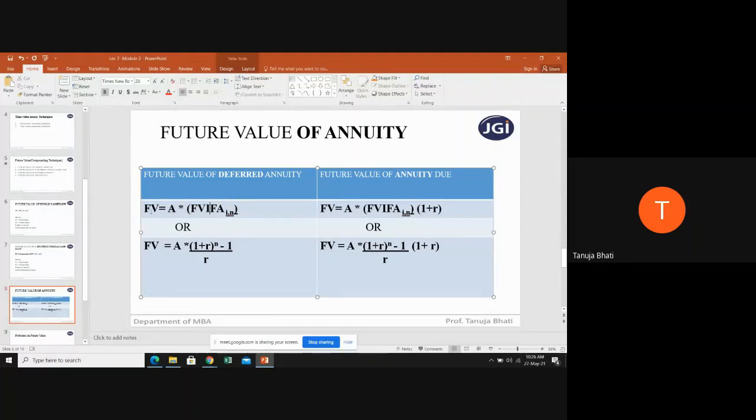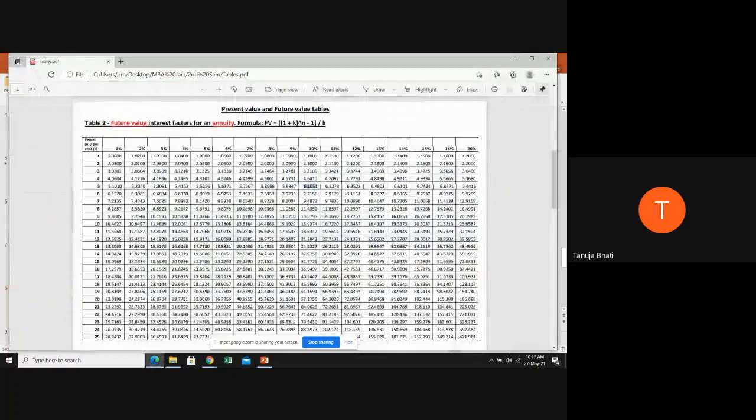Now, you can use this formula, which is very handy if you have the table with you, and there is not much calculation. Or suppose you do not have tables. In this examination, tables will be given to you, nothing to worry. But when you are working in some organization without tables, how are you going to calculate the future value interest factor of an annuity? This is the formula: 1 plus r raised to n minus 1, divided by r. If you solve this formula, you will get the same answer given in the table as 6.1051.